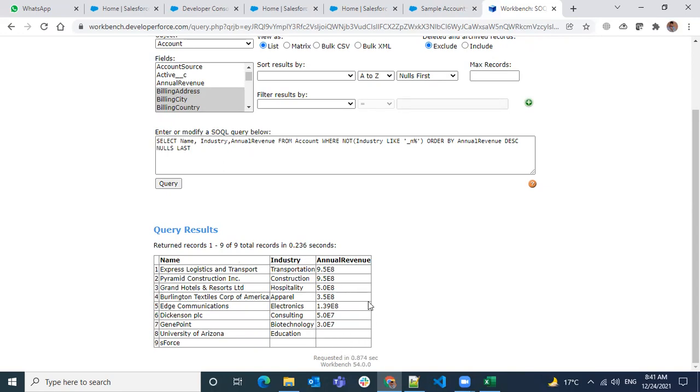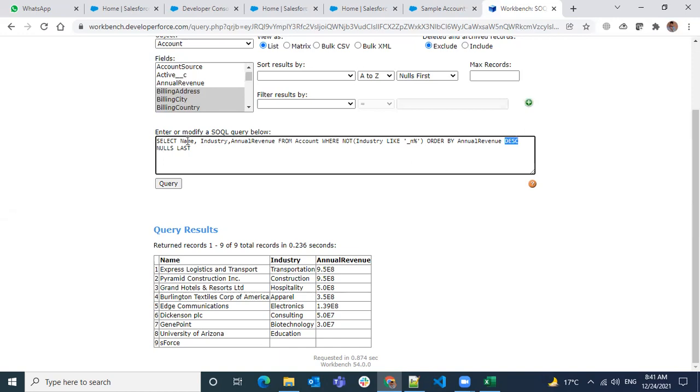So in net, what we're trying to explain here is that order by is used to sort your list, and here you can use the keyword ascending or descending, followed by, if you have any null values, you can control the null values at the last or first.